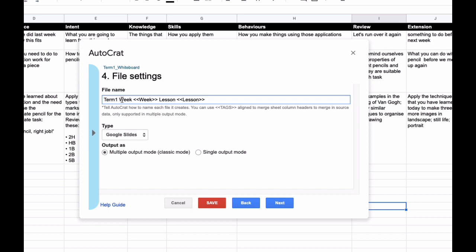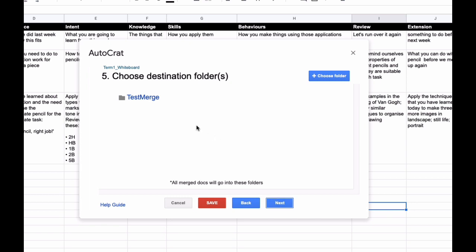So now I'm going to get term 1 week 1, and I'm going to pull out the right week and the right lesson for each of these using these tags that we've set up. We're going to make a Google slide, and we're going to make multiple files, one for each row, and then we're going to click next, and we're going to put it in the test merge folder, which is the one I'm using, and click next,